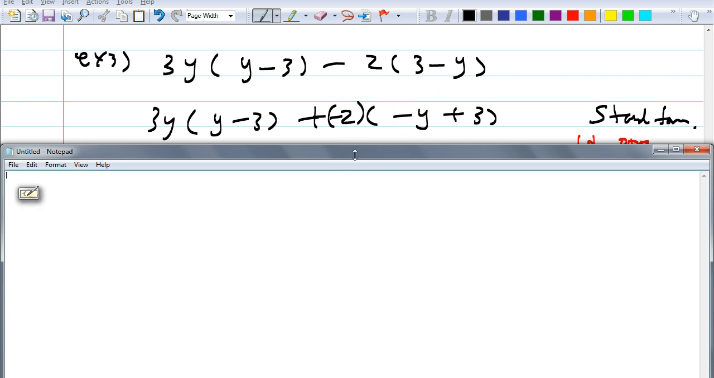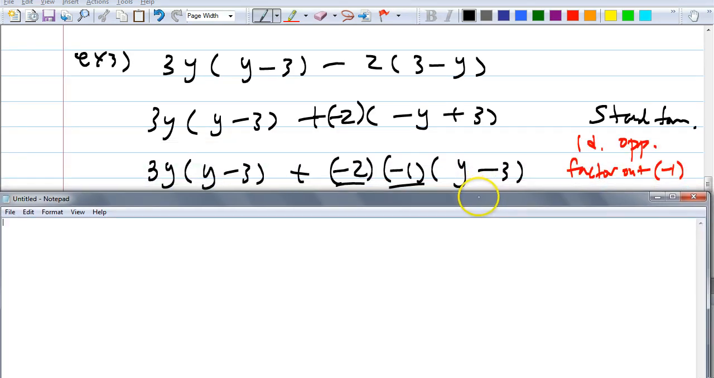You would put 3y times y minus 3. Right. Plus negative 2 times negative 1 times 3 minus y. I mean y minus 3. Y minus 3, right? Now, once you've done this, once you factor out that negative 1, do you guys see